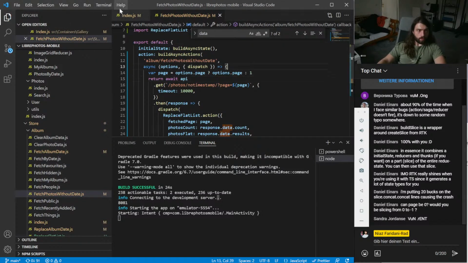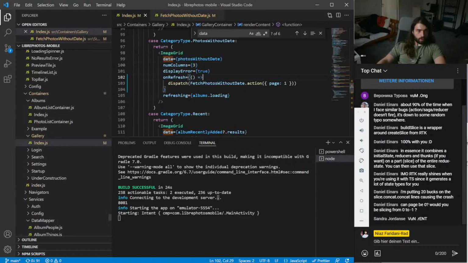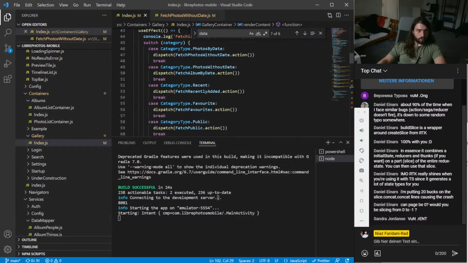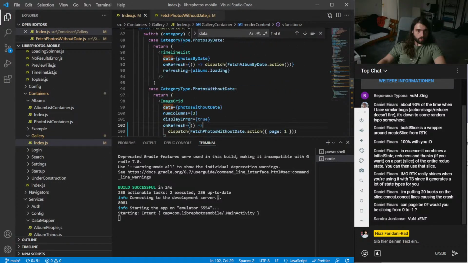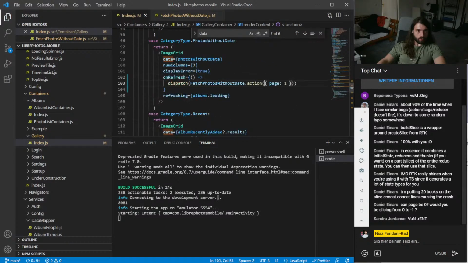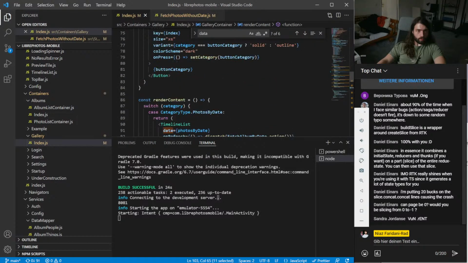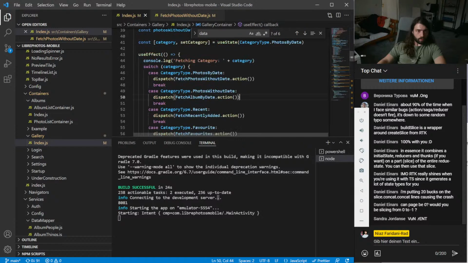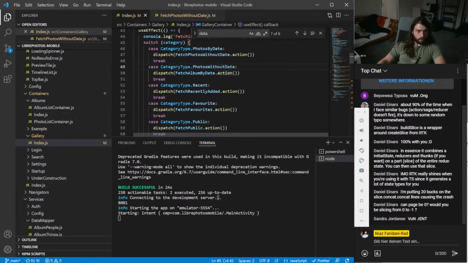Save. And then I also have to fetch photos without date and add this. Okay.